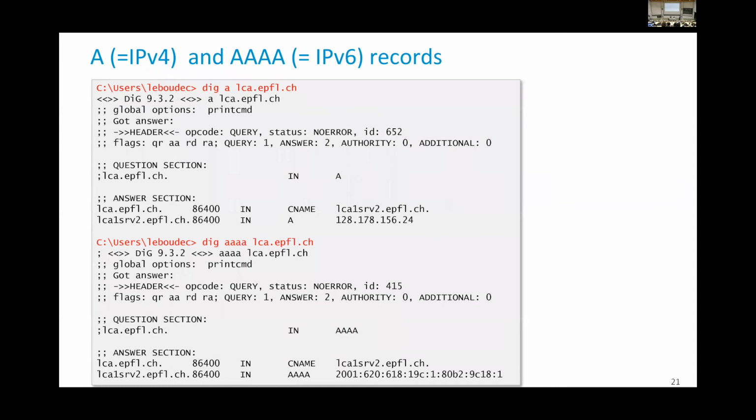The DNS servers of the domain of interest essentially contain a big file which has rows. In every row there are records. A record is typically the mapping of a name to an IP address. It's called an A record, or a quadruple A record for an IPv6 address. So you can query the DNS with NSLOOKUP or DIG as we did in the lab, and you will see, for example, the result of such